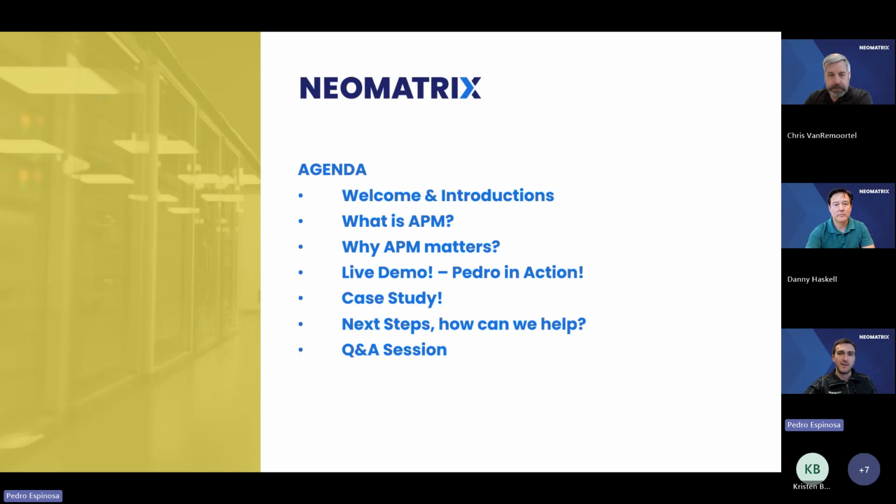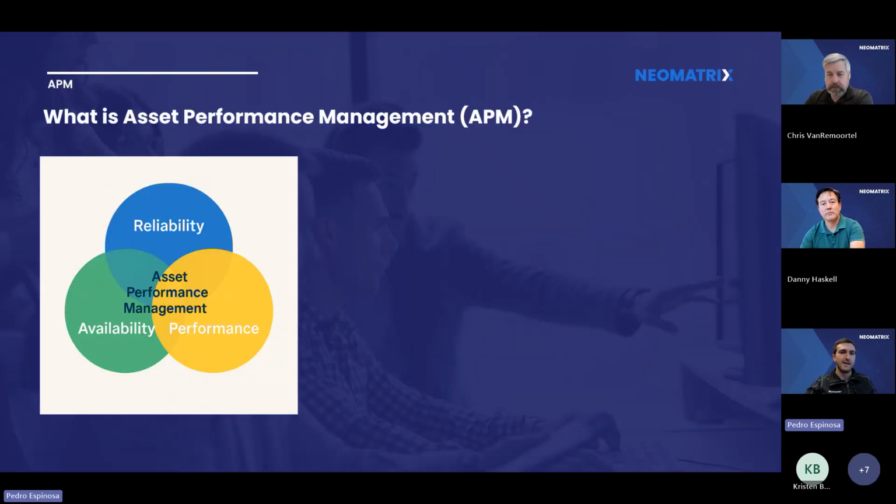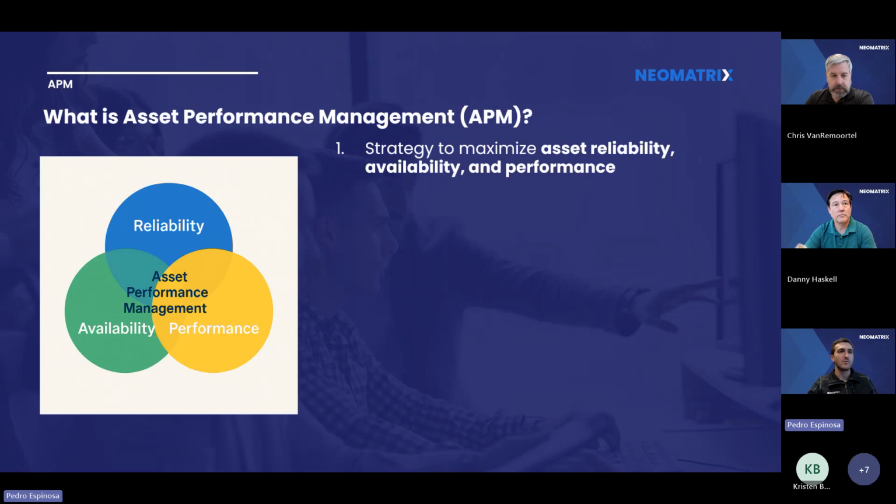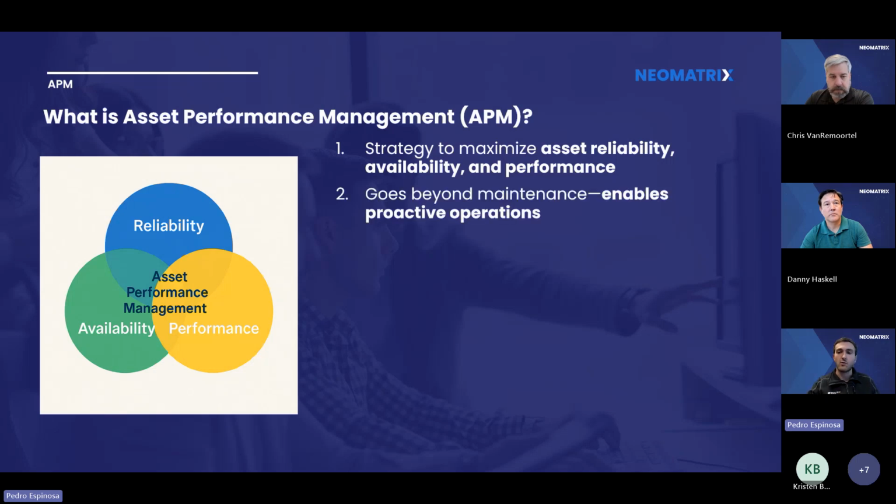Awesome. Thank you, Danny. So like Danny said, the first thing is, what is asset performance management, or APM? APM is a holistic approach that combines technology, data, and strategy to maximize the reliability, availability, and performance of any physical asset across a facility. So at its core, APM is not just about fixing machines when they break. It's about ensuring that every asset on your line, whether it's a pump, a labeling machine, or any piece of equipment, operates at its full potential all the time,